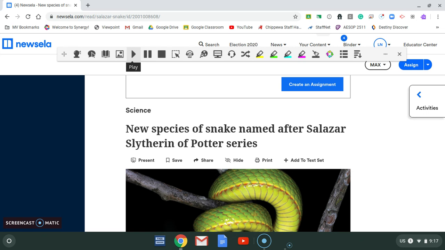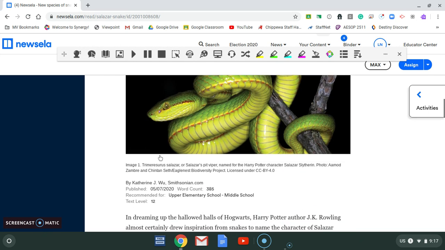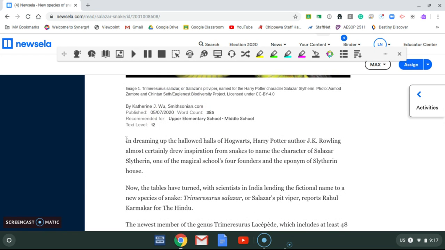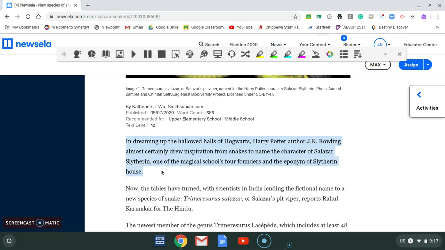So it's one feature, and it's this little play button, but I'm going to show you 2 different ways you can use it. So one way you could use it is you start by just highlighting the beginning, and if you wanted the entire reading read to you, you just start by highlighting where you want it to start, and